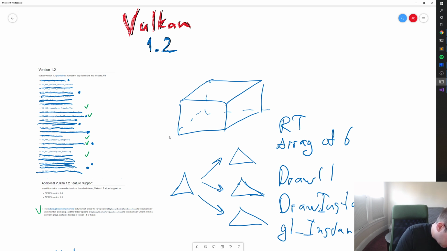I think this was originally an AMD extension, and then I guess it became a cross-vendor extension, and then it became part of Vulkan 1.2. But this is optional, right? So this is one of these examples where you actually have to write,